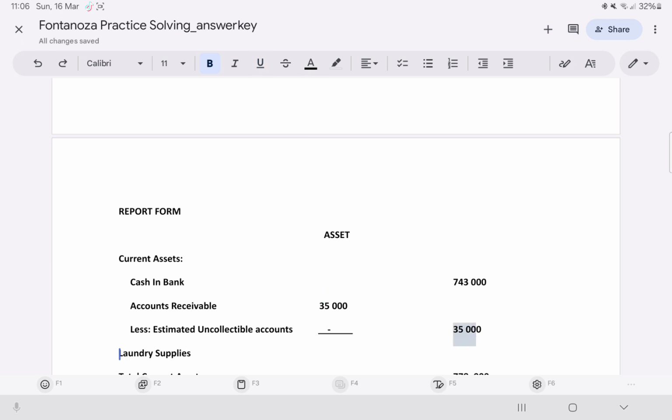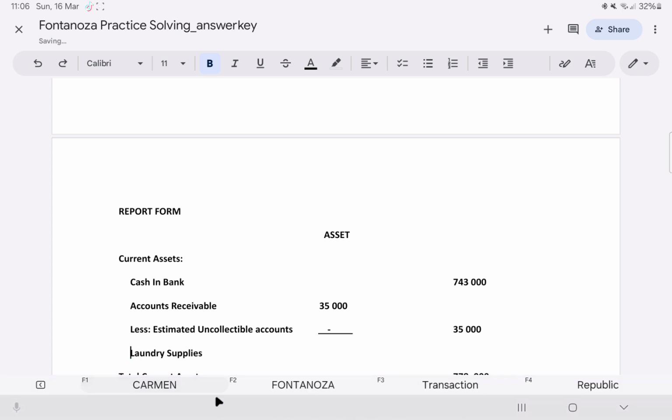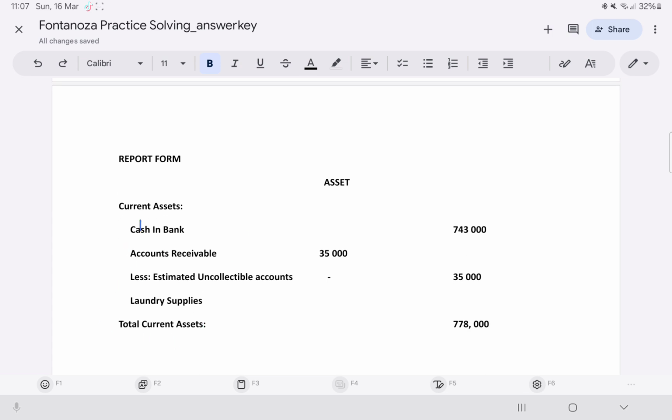Then we have the laundry supplies, which belongs to current assets. No need to put a dash, because laundry supplies is not included in that, so we compute all the current assets first before we sum up. Then laundry supplies, the amount is